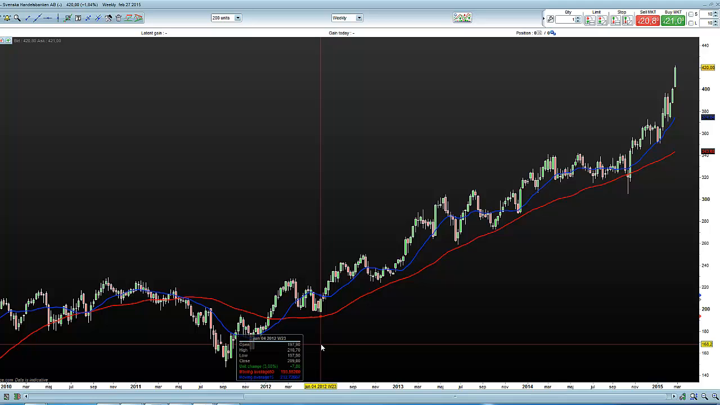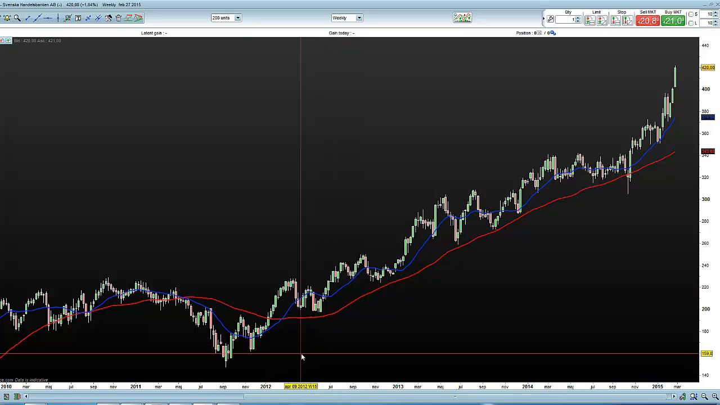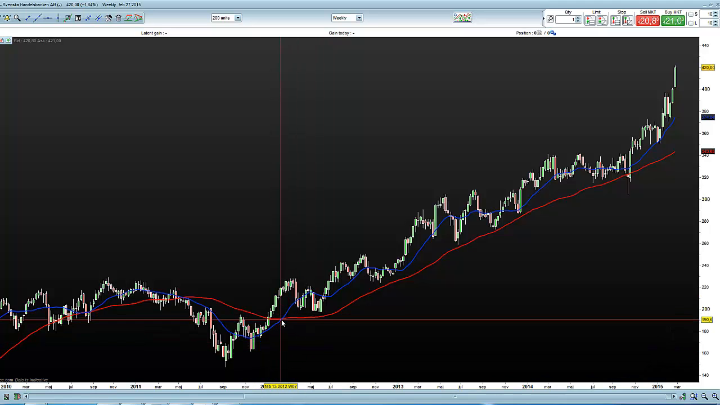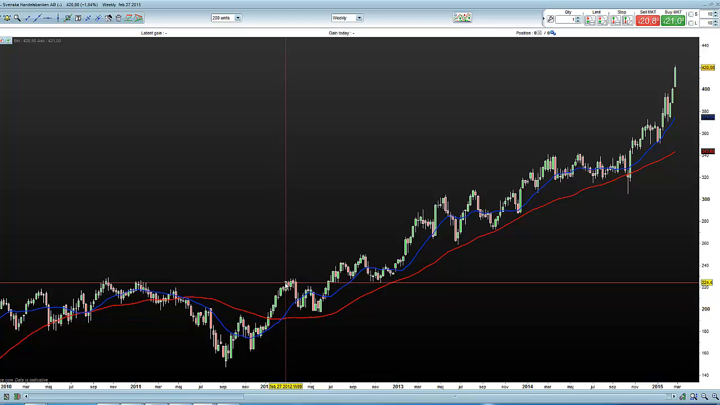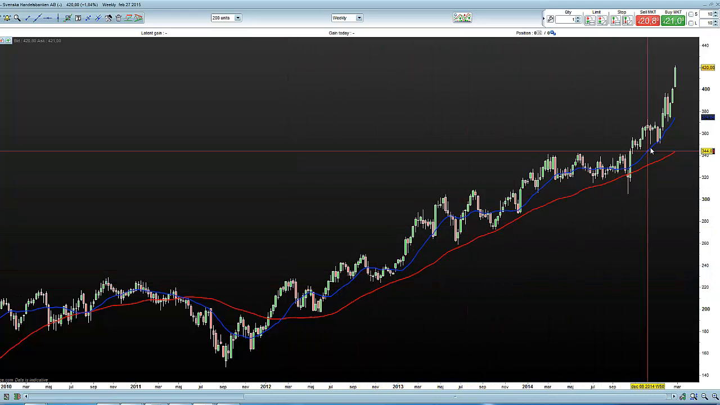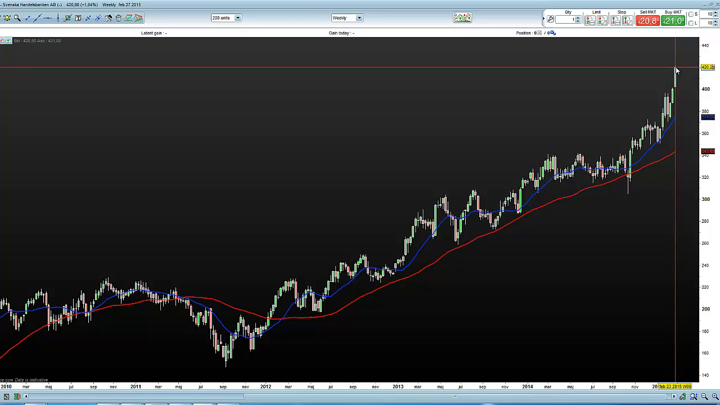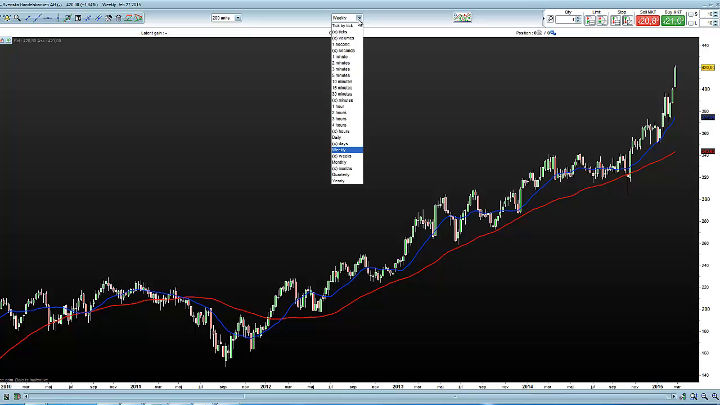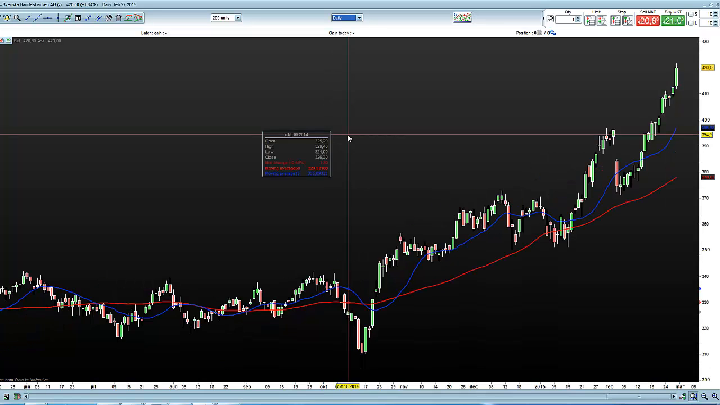I don't like the crossovers because there's so many fake outs. But let's say you buy at this crossover. That means you buy here at 224, and then you wait till it crosses over again. It hasn't done that, so you would still be in this trade at 420. This is a weekly chart, but if you just look at a daily chart,